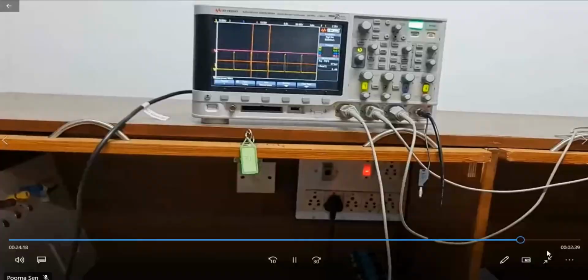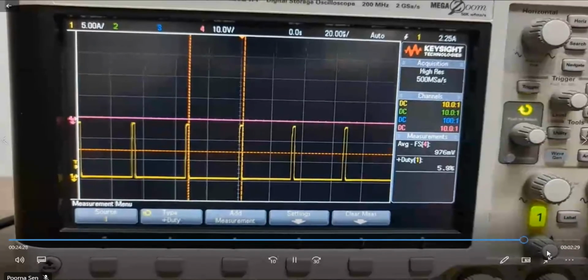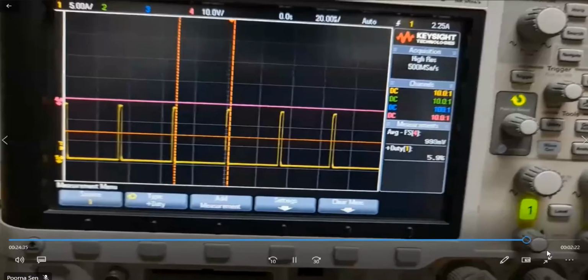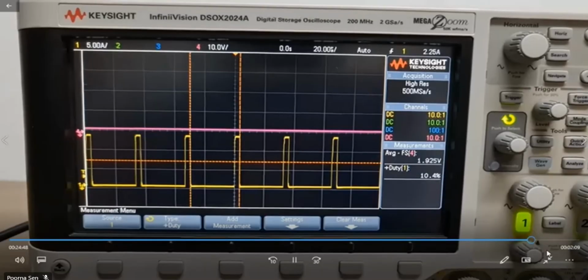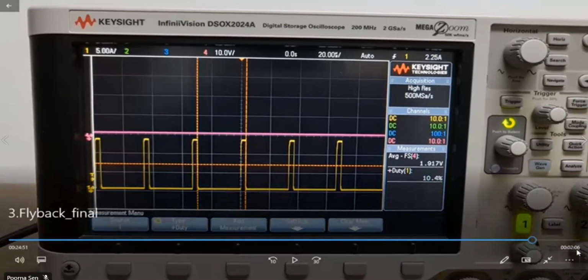So here the duty ratio is 5.8%. Output voltage is 994 millivolts and load current 10 milliampere. The duty ratio is now changed to 10.4%. The output voltage is 1.9